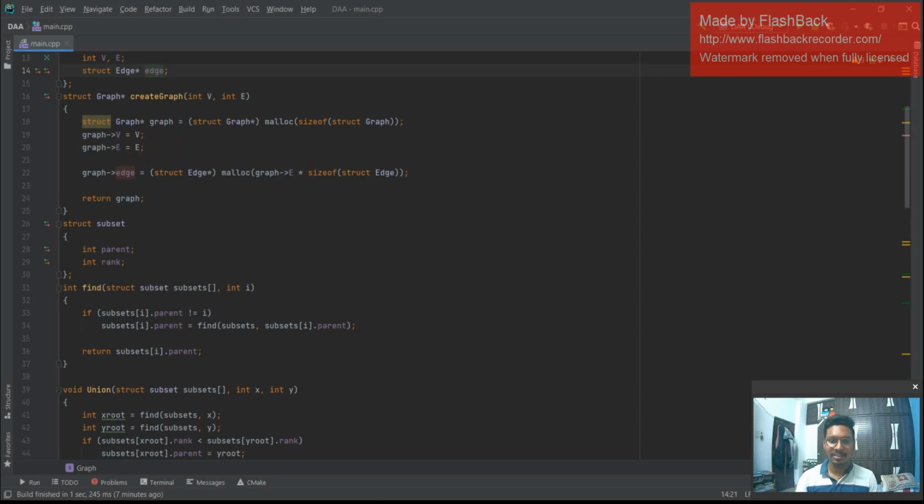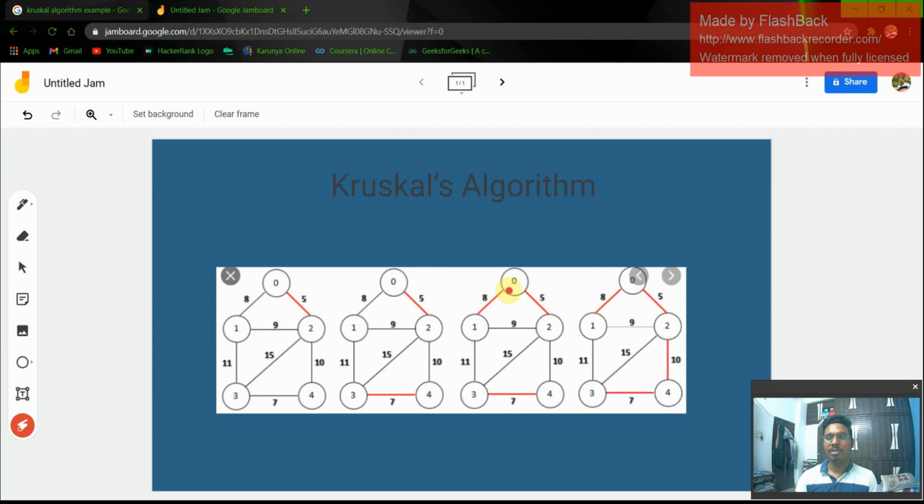In this case we can consider G of V and E, and in the next case we can consider G dash is equal to, here we can consider G is equal to V comma E, and in the next case we can consider G dash equal to V dash comma E dash.